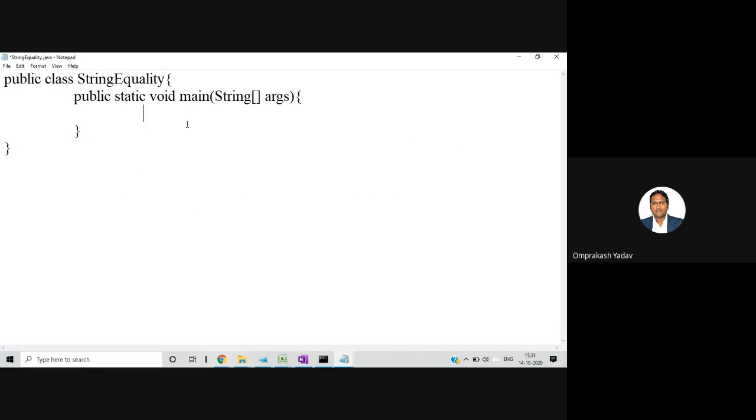Now what I will do, I will create one string, let's say str1 is equal to "Amit", and I will declare one string variable str2. Clear? And then I will say, if str1 is equal to str2,